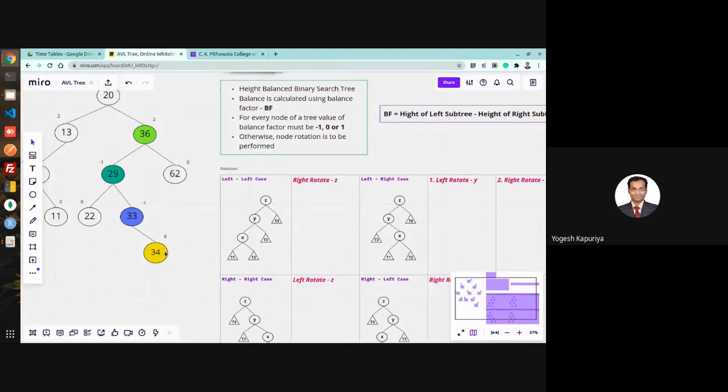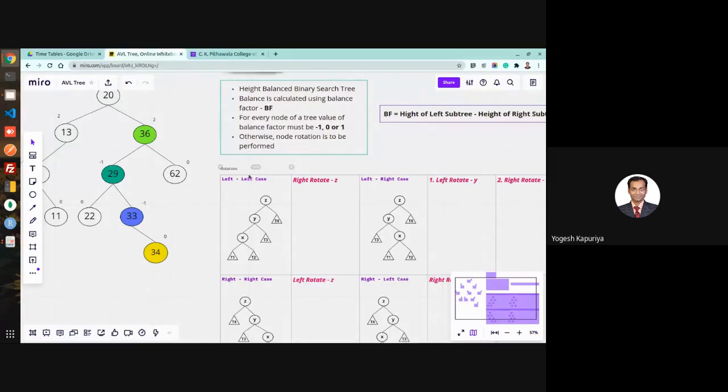You traverse from that node towards root. You compute the balance factor. If the balance factor is not disturbing, then it's okay, you go ahead. But when the case comes where balance factor is actually disturbing, then you stop there. Mark that as z. The child of that which comes in that path is your y. And the grandchild of z which comes in the path of the last inserted node is my x. So I hope this is clear, x, y, and z.